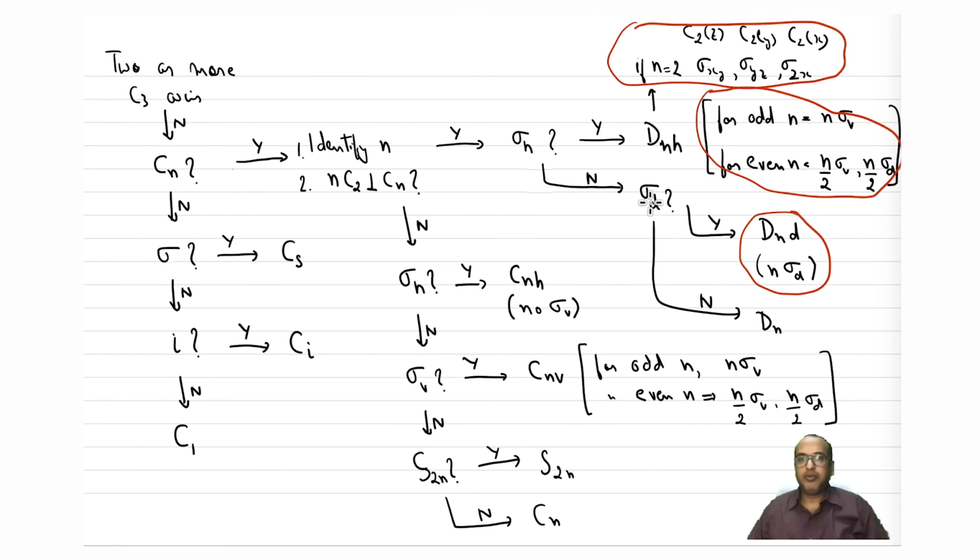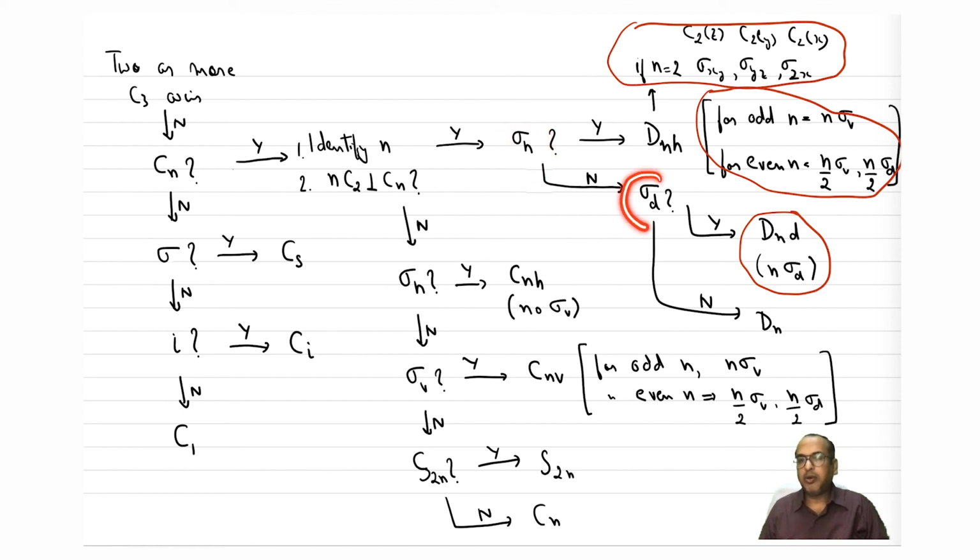So we have tried to channelize by asking different questions into different streams or different categories of point groups. Now if you notice, it really does not matter whether you are asking whether it's a sigma v or sigma d, right? In any case, it will be all the sigma v's. For example, here, let's start with here. You are asking sigma h, which is easy to identify. You don't care whether it's a sigma v or d. You're worrying about sigma h.